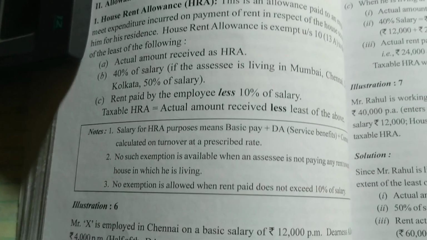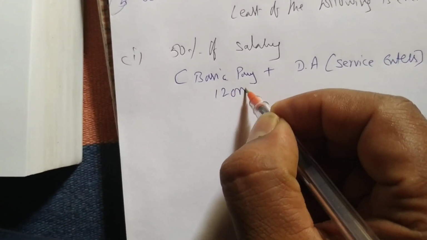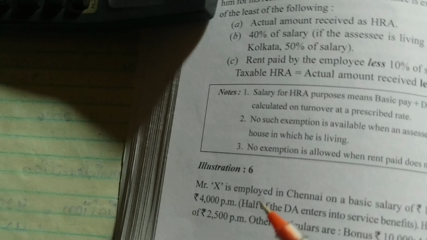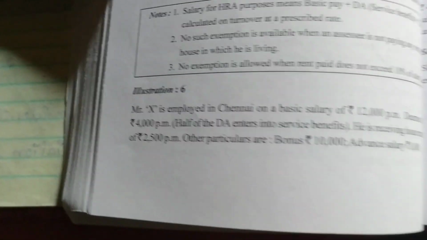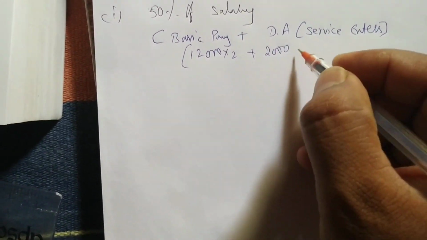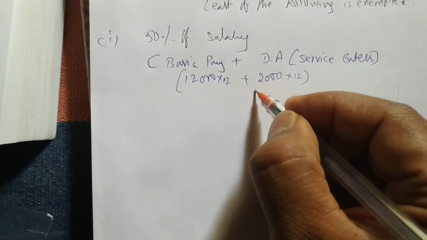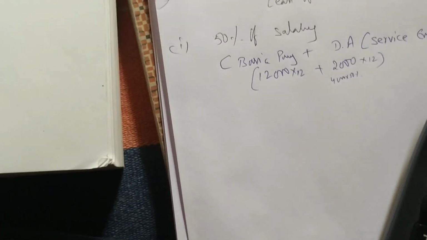So per month we are getting how much? 12,000 salary. Think that we are finding out our own DA, HRA plus DA 4,000 is there. From that 4,000 we have to take only half, because half is entering into service benefits. So we have to take 2,000. From 4,000 we are taking half, 50%. So 12,000 plus 2,000, how much? 14,000